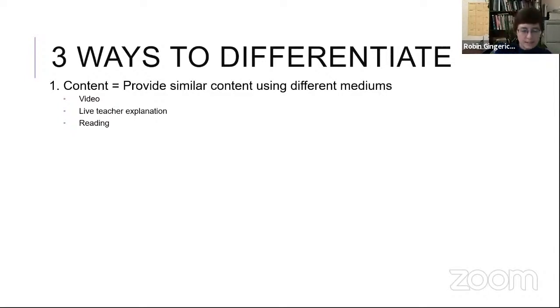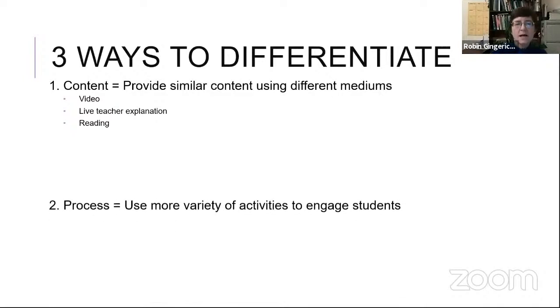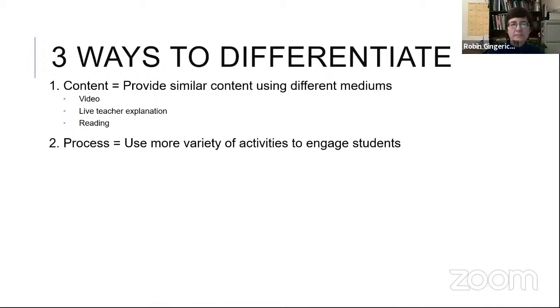So click on the next idea here. And another idea is that, well, okay, let me back up to the first one. Some students, you don't need to provide the same content the same way to every student. Maybe some students will just get it from your explanation. You explain, they get it, they can move on.